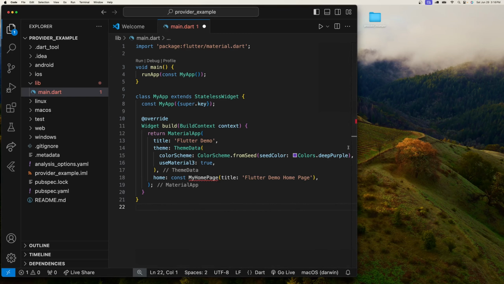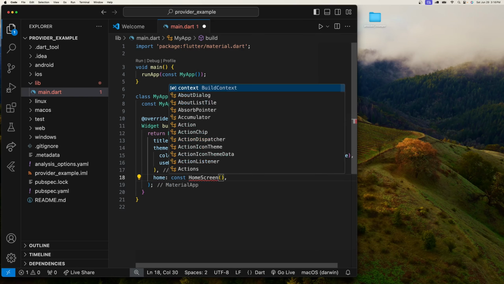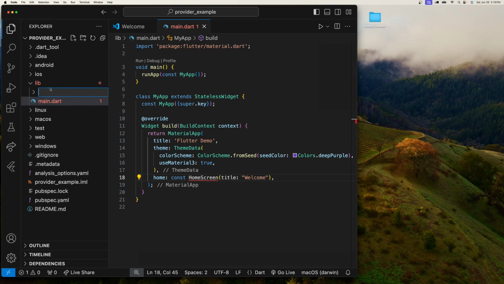And what I'll do is create a home screen page. So I'll say home screen, and if I want I could just pass a title. Welcome. And I'm going to make a folder in the lib called screens, and then in the screens folder I'll make a file called home_screen.dart,